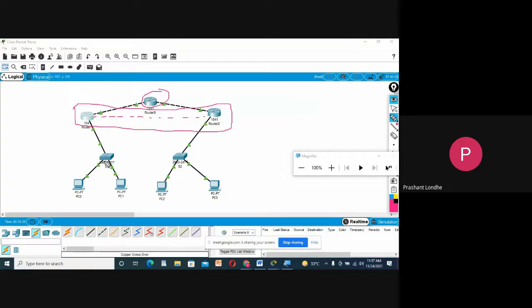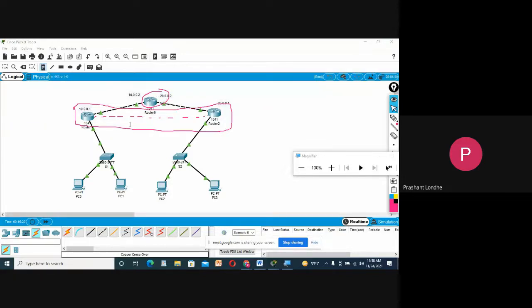So basically, we are supposed to consider the source and the destination. Just see here, what is your source? You can see the source is this port, that is FastEthernet 0/1, and the destination is this IP address. I will just write down all the IP addresses over here. For this, I have 10.0.0.1. For this, I have 10.0.0.2. For this port, I will have 20.0.0.1. And for this port, I will have 20.0.0.2.